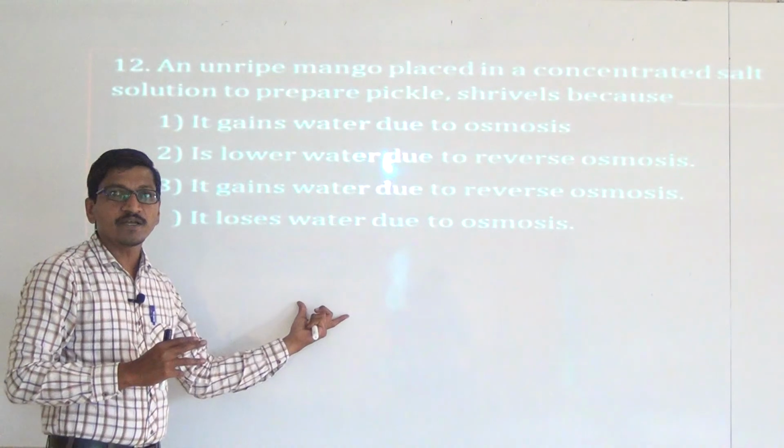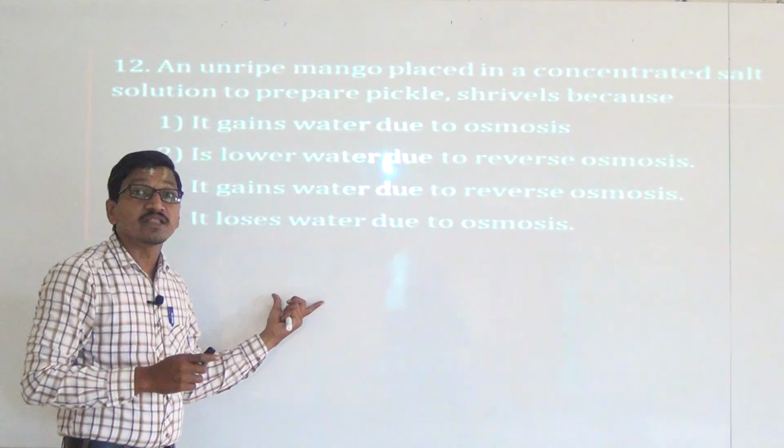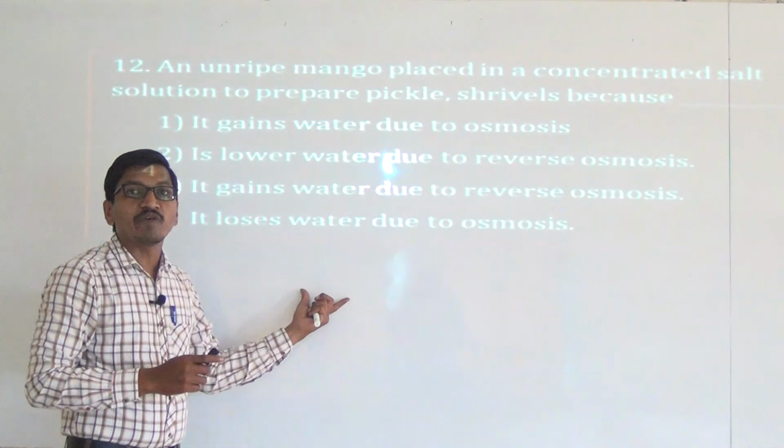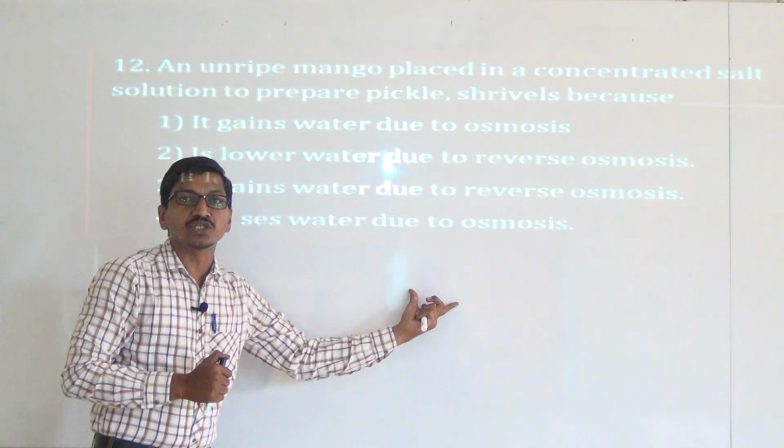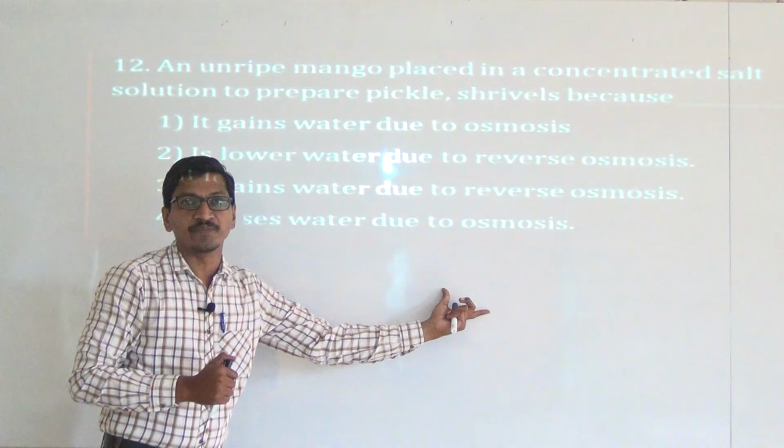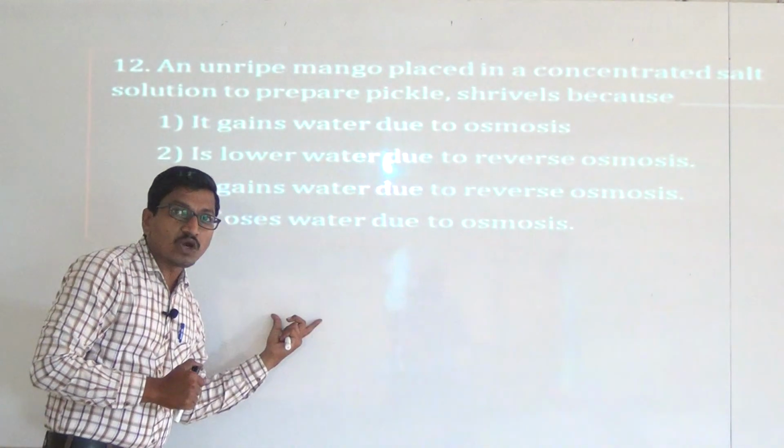Here, osmosis is nothing but the spontaneous flow of solvent molecules from lower concentration to higher concentration through a semi permeable membrane. Here, water is flowing from